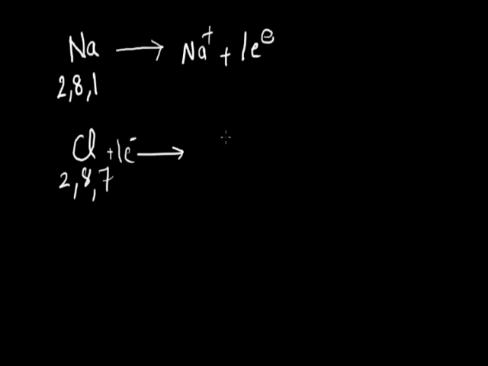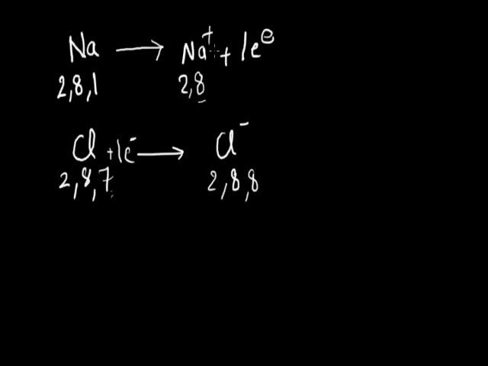from sodium and converts into Cl minus ion, and the electronic configuration of sodium will be 2, 8 in Na plus ion, and for Cl minus ion this will be 2, 8, 8, because here 7 electrons are present in the outermost shell but 1 electron is gained by chlorine and it converts into chloride ion, and chloride ion has 8 electrons. In case of Na, the outermost shell has 1 electron and it donates 1 electron by which it converts into Na plus ion, and the outermost shell has 8 electrons.